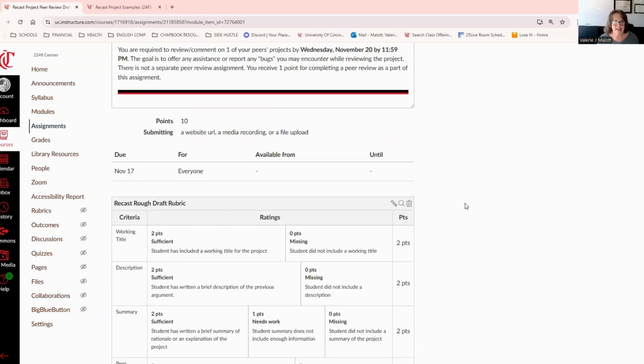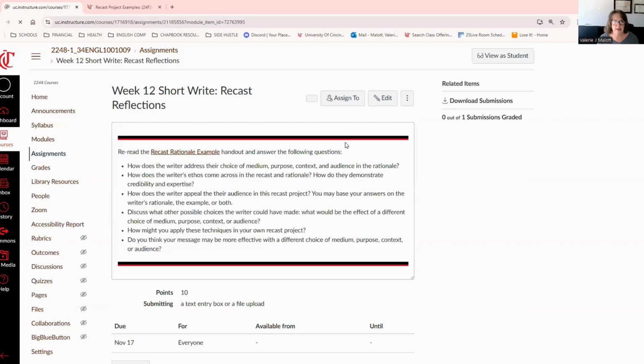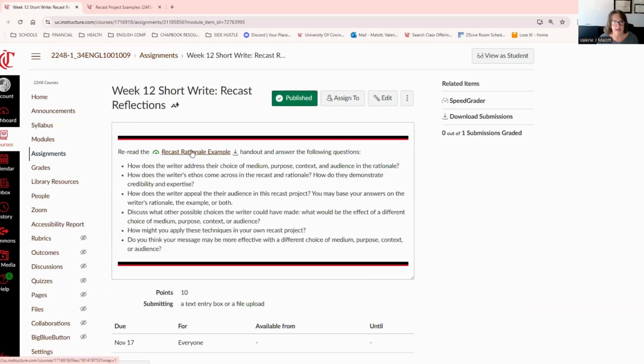So that's that assignment. And again, the other short write assignment due on the 17th is taking a look at this recast rationale and answering the following questions. So how does the writer address their choice of medium, purpose, context, and audience? How does the writer's ethos come across? How does the writer appeal to their audience? Discuss other possible choices the writer could have made.